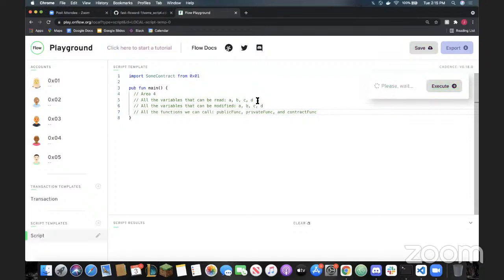So let's just walk through this last example, and then we'll go over the intro to DAppStarter. So all the variables that can be read, well, this is in the all scope. And so the only variables that can be read in the all scope are A and B. Notice that we didn't include C here because C can only be read inside the contract, since it has an